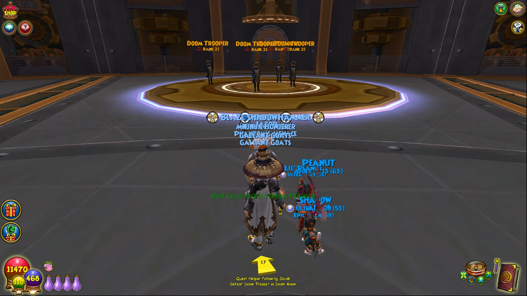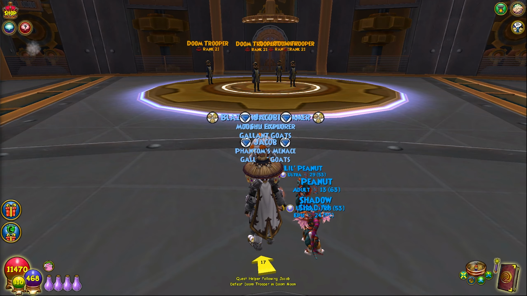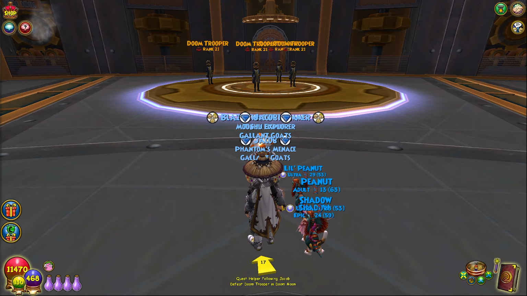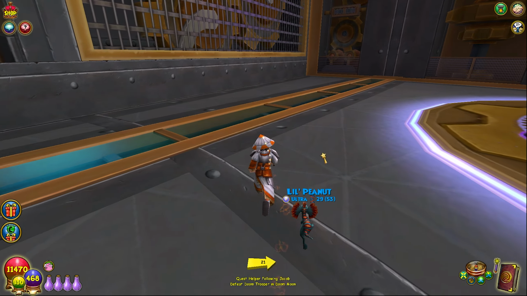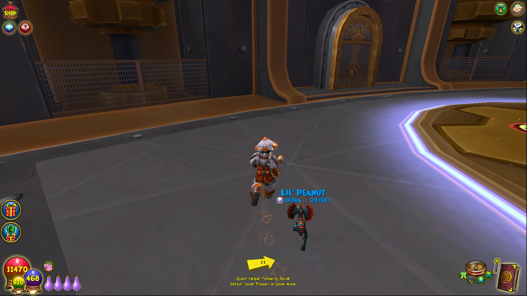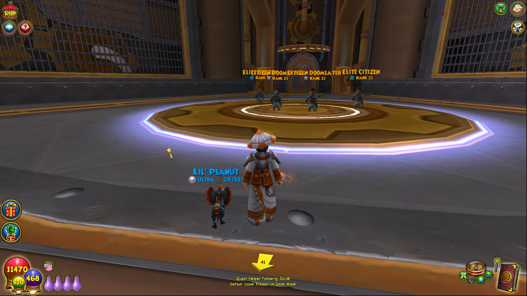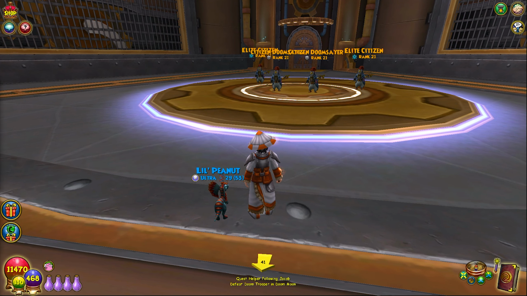But thankfully they made Mr. Montgomery easier. His drops didn't equate to the amount of rounds that you had to do, because it was 7 rounds and you're only getting like 1 to 2 dream water. I don't know if I got 3 before. So it just didn't make sense. Now that he's 1 roundable, his drops make more sense,